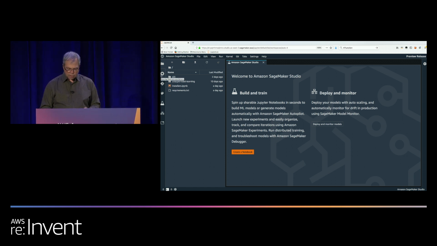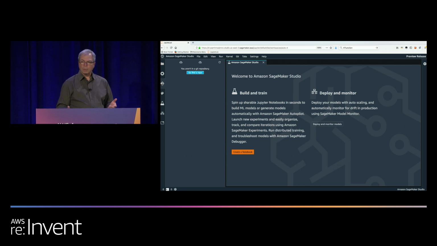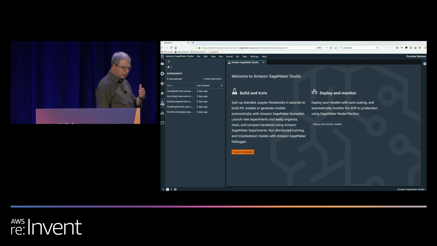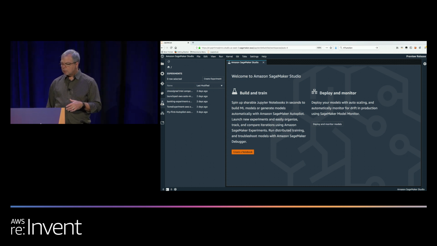We have our own theme for it for Studio. But it's got all the usual stuff you'd expect. It's got the Git plugin, which is one of the things we've been working on at AWS as part of the Jupyter community, is to improve the Git experience in Jupyter. And we're continuing to work on that. Command palette. This is the main Jupyter SageMaker Studio panel. You can see